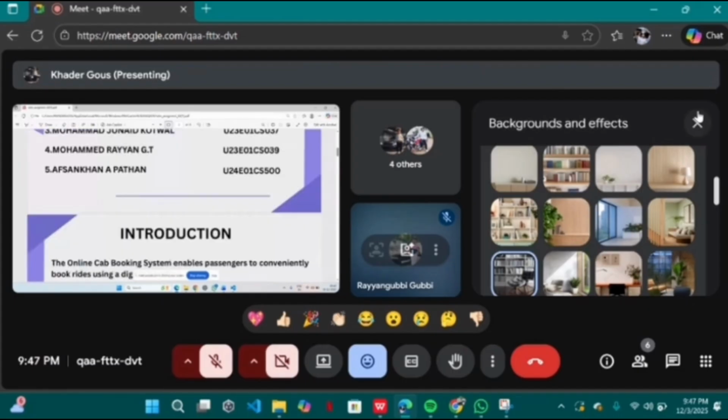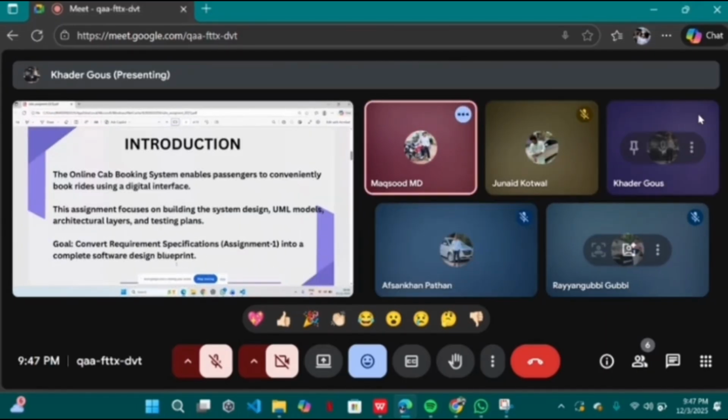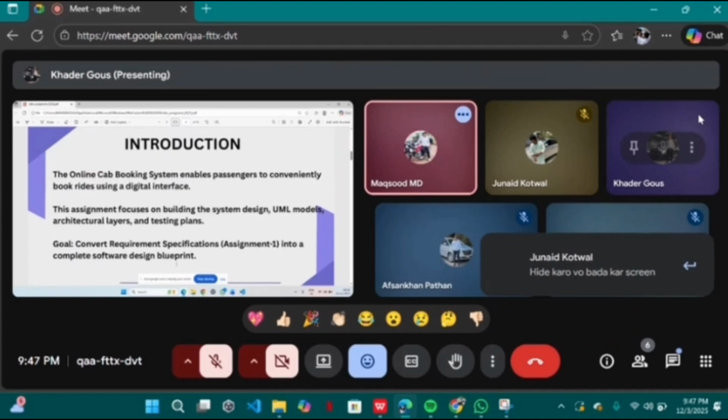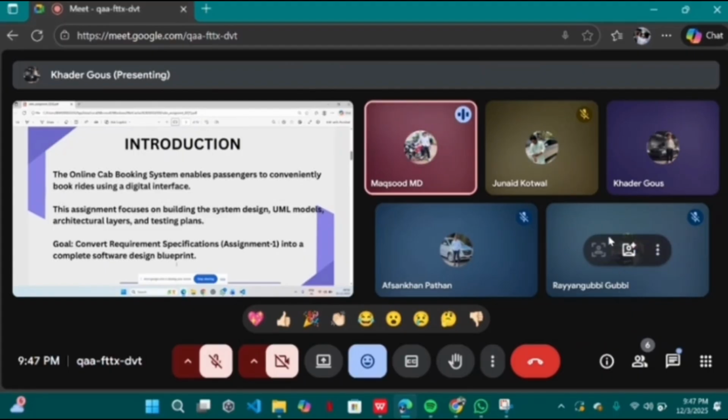Next, coming to the introduction, today I will be presenting the software design for online cab booking system. The online cab booking system is designed to help the passenger conveniently book a cab through a digital interface. With just a few seconds or clicks, user can request a ride and track the complete booking process easily. In this assignment, our focus is to convert the requirement from the assignment 1 into completely software